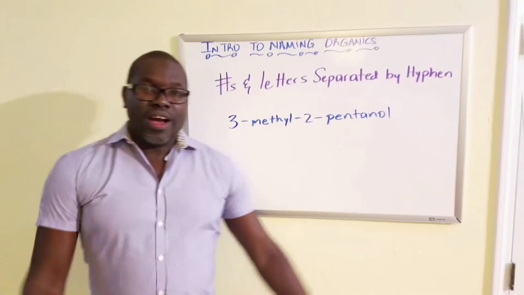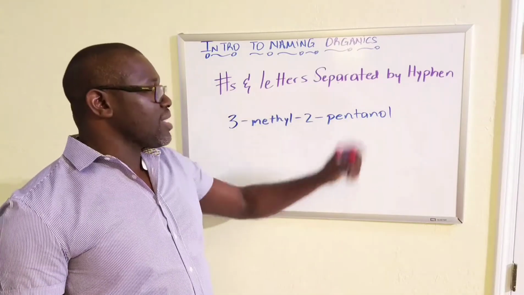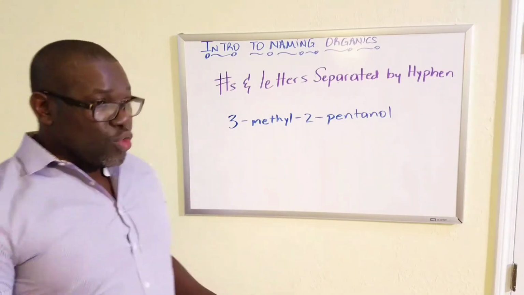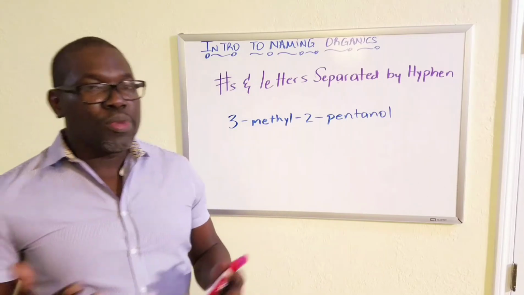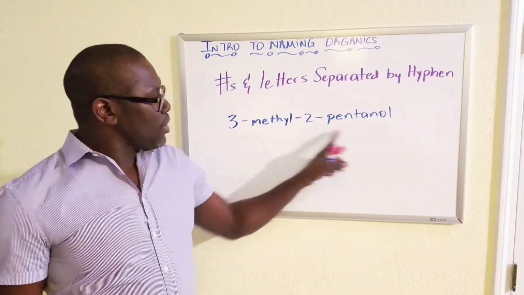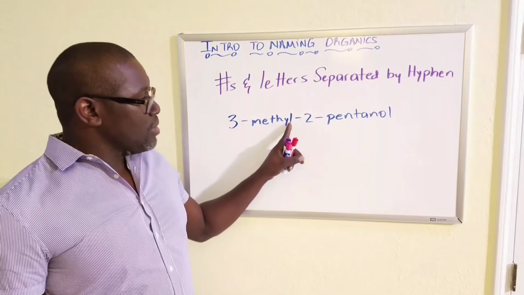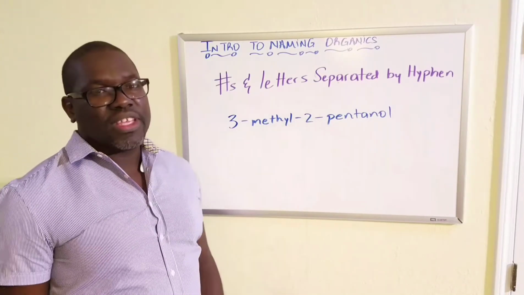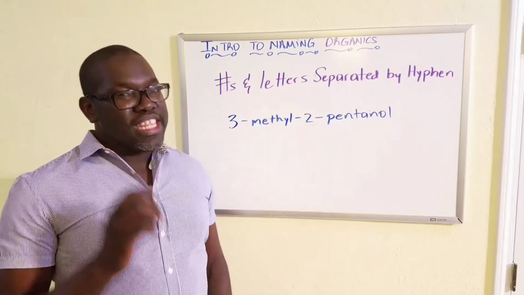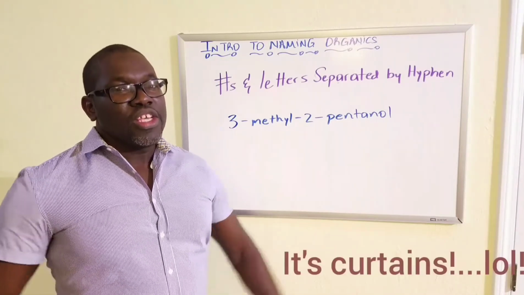On to number 5. Alright, so here's number 5. Another simple one. Numbers and letters separated by hyphen. Now another rule in organic chemistry is that when you have numbers and you have letters, you must separate them by a hyphen. It's as simple as that. And I've shown you an example here where you have 3 being separated from the M by a hyphen, the 2 being separated from the L and the P by hyphens. Now you must have these things because, as I said, without them, the name changes. And if the name changes, then it's a different structure. Alright, so on to our